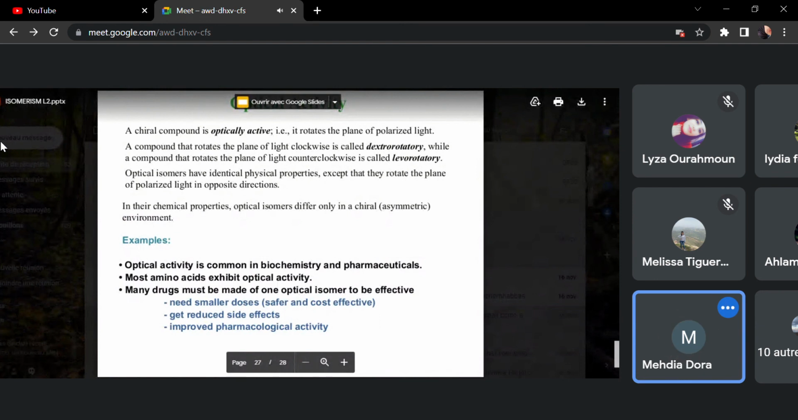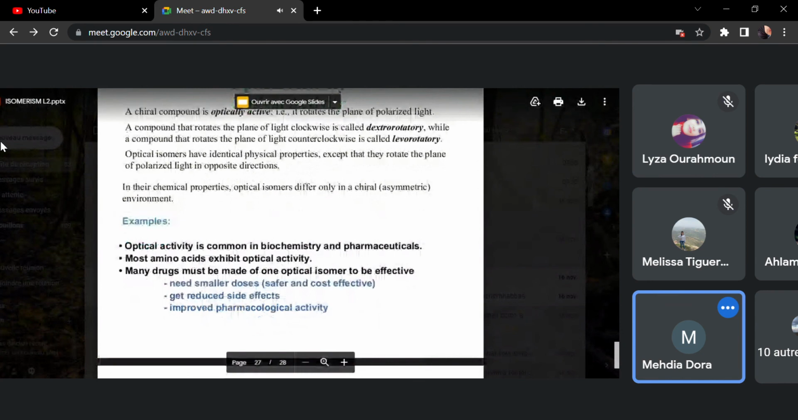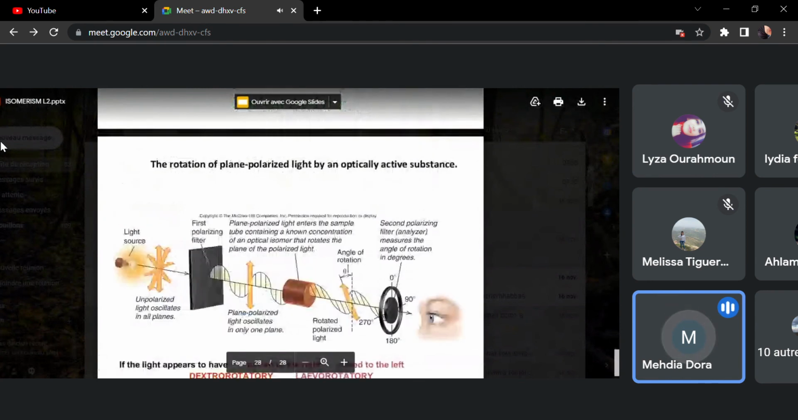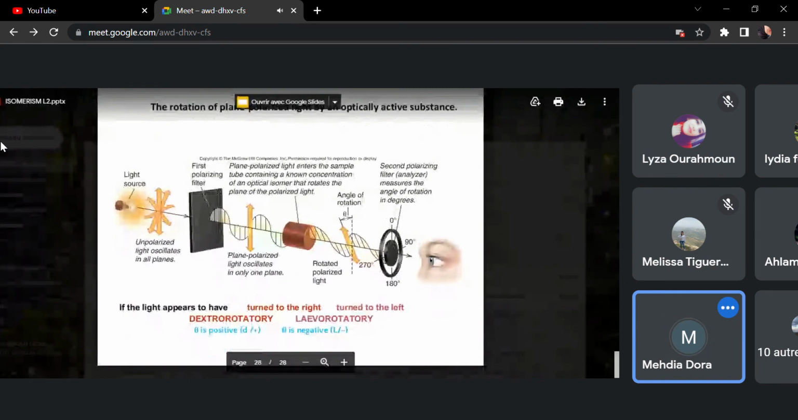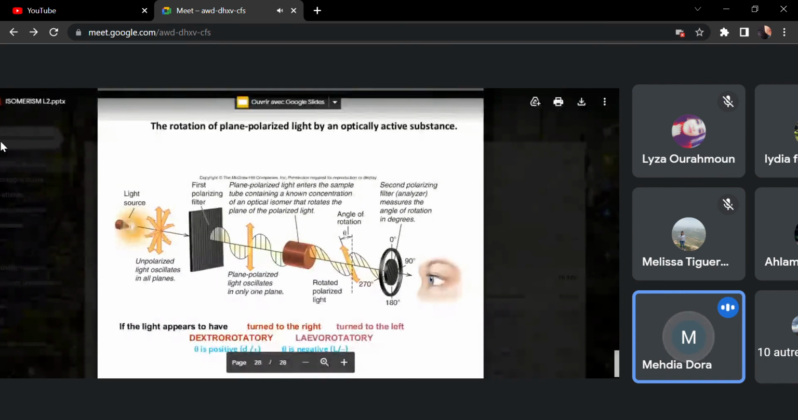Next slide, the last one. So here we have the sample of an isomer in brown. Plane polarized light enters the sample tube containing a known concentration of an optical isomer that rotates the plane of the polarized light. Yeah, the optical activity is